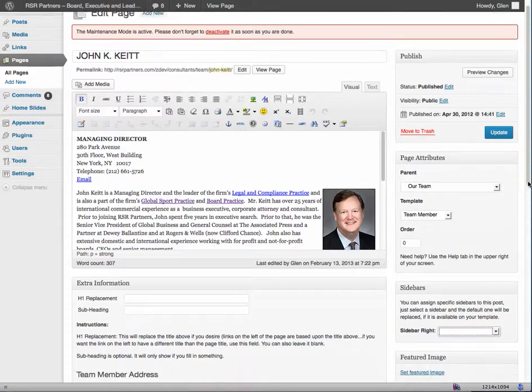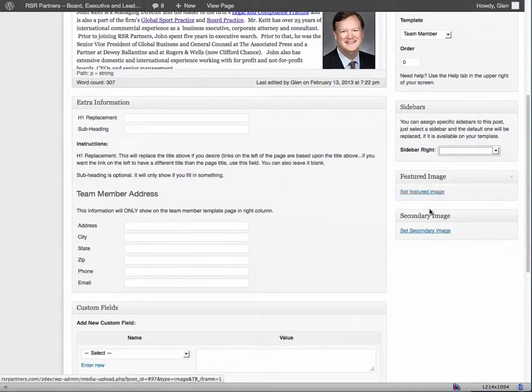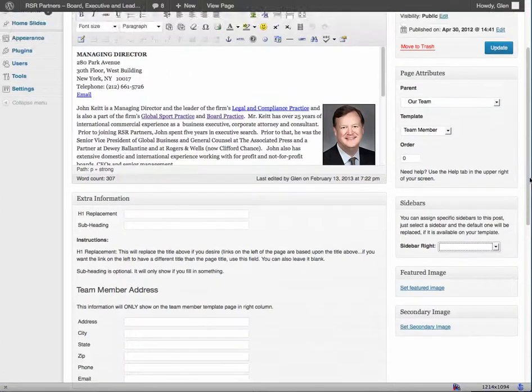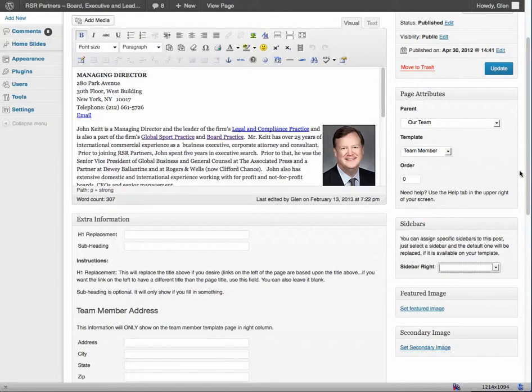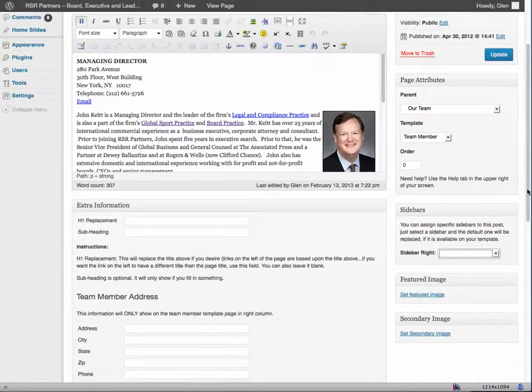And then this is where you would set the images, the featured image and the secondary image. Okay, so I think that covers it. If you have any questions, please let me know in the email. I'll give you the exact dimensions of these images. And just as a note,